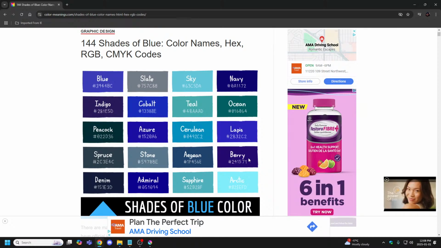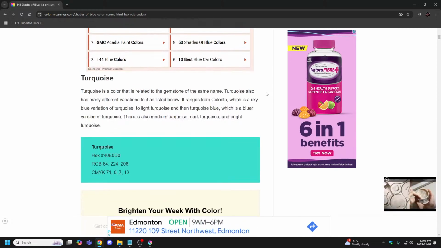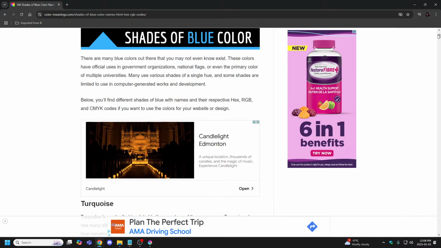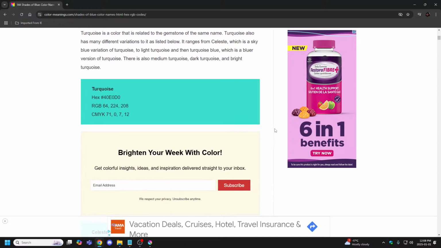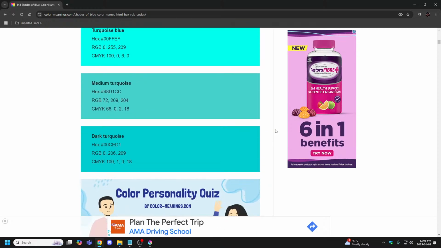Of course, just ignore all the ads and stuff. I know it's all part of it, but you can scroll. You can see how long the scroll bar goes. Pretty long here, so there's a whole bunch of other colors too, right? That's why I say color meanings is a really good one, because they're very thorough,